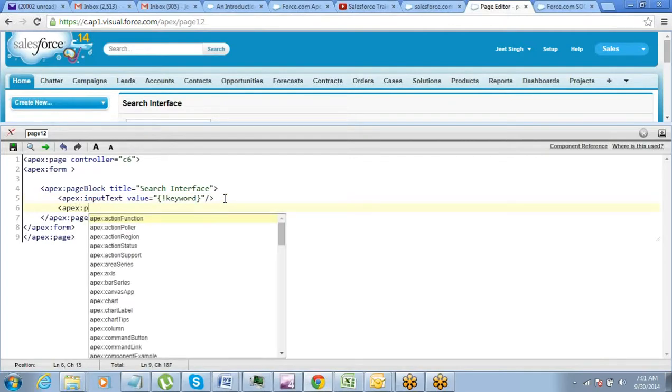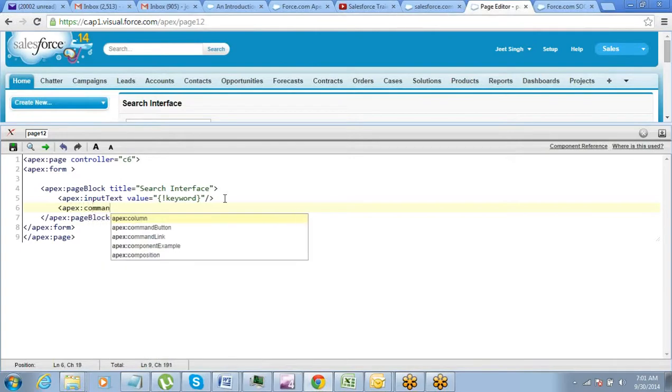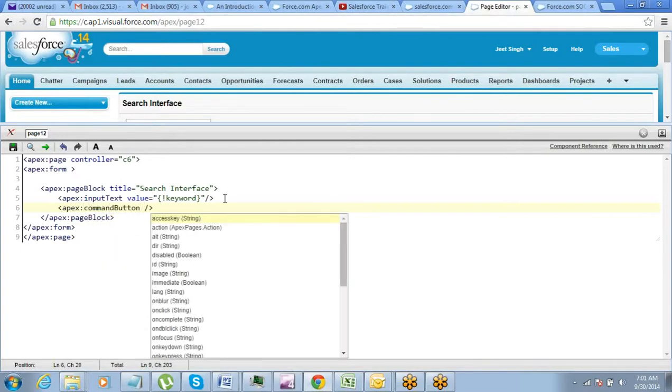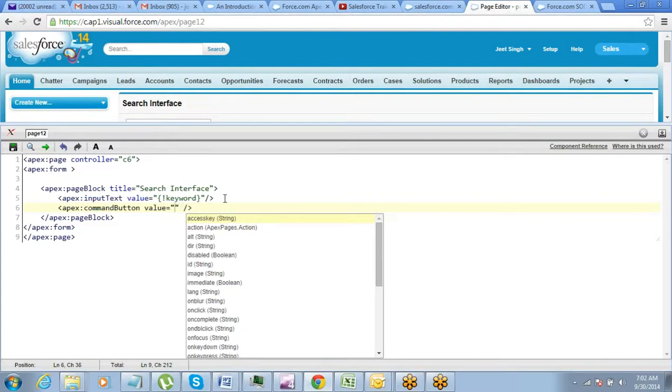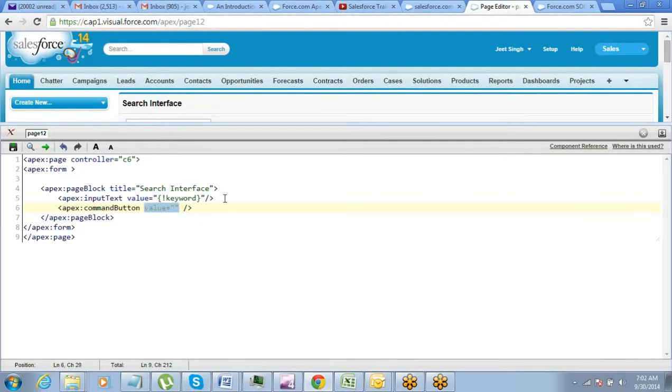And then you also create an Apex command button. Call it search.